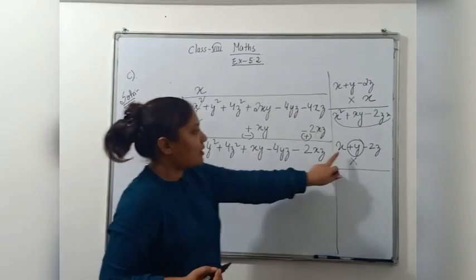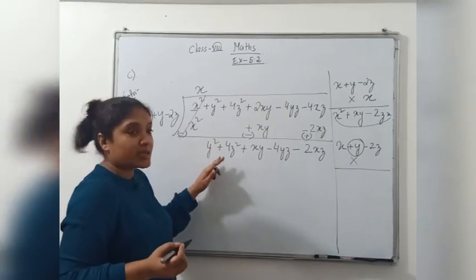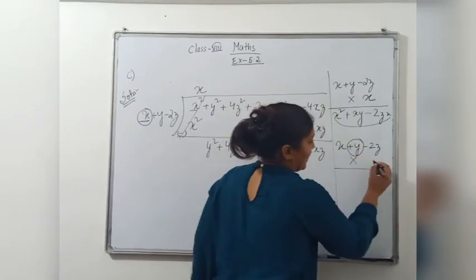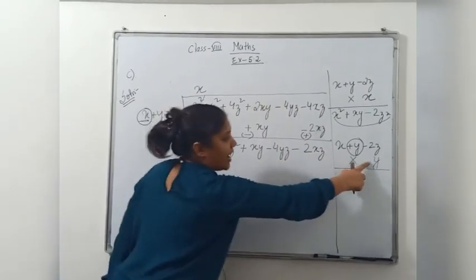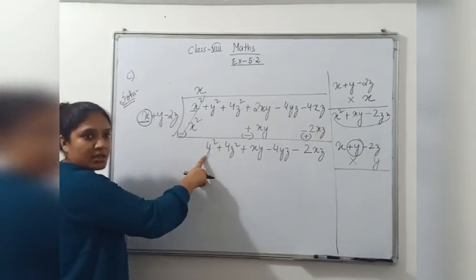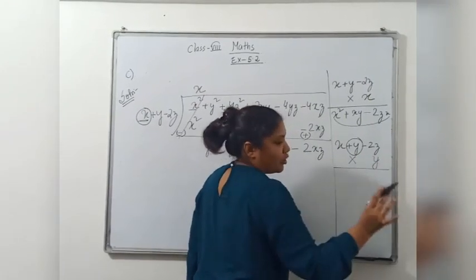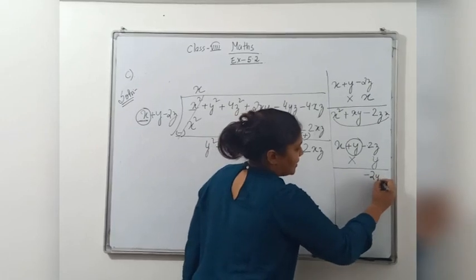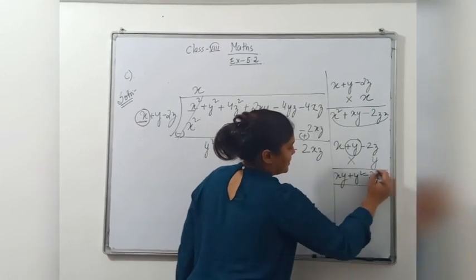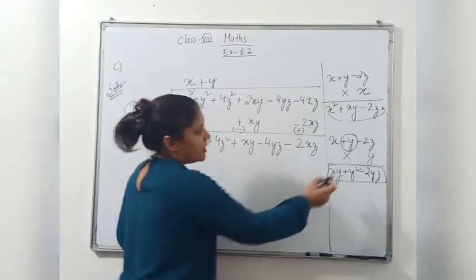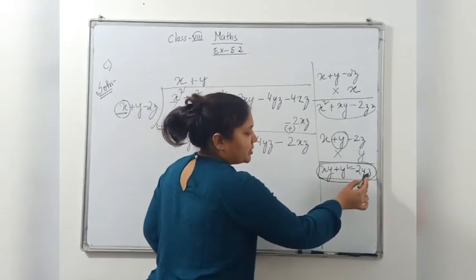But I have first term what? X. But I need to cancel this term. As per my rule, I need to cancel the first term. So what I will do? To make it y square, I will multiply it with y. Why am I multiplying it with y? Because my first term is y square. Clear, students? Now y into y. Suppose now I am doing normal multiplication. Minus 2yz plus y square and xy. Clear? This is my answer. So friends, after multiplication, what is our answer here? Xy plus y square minus 2yz.